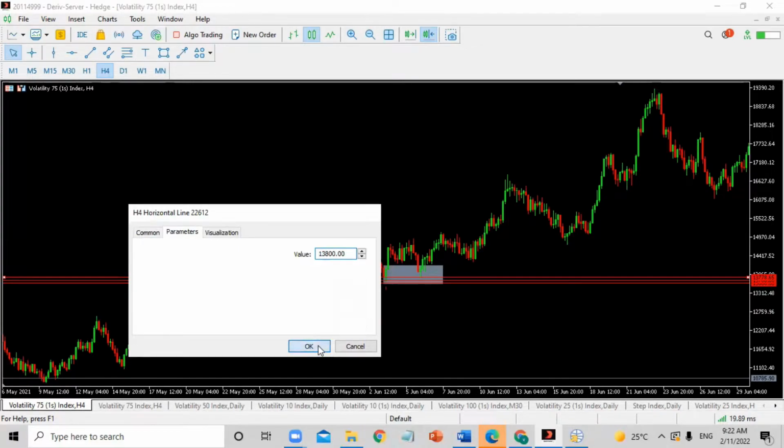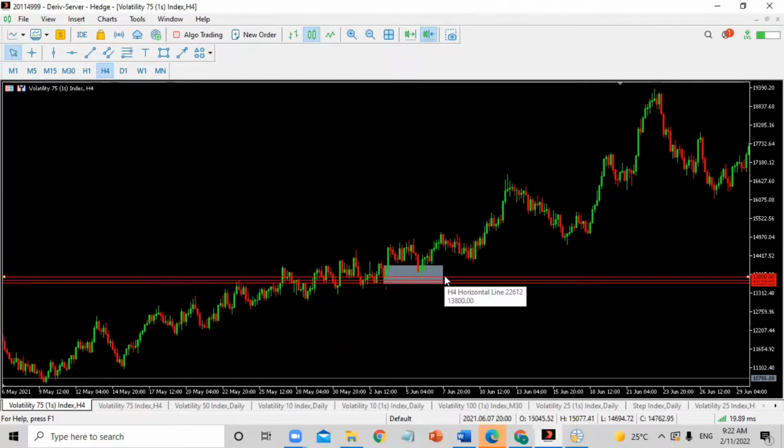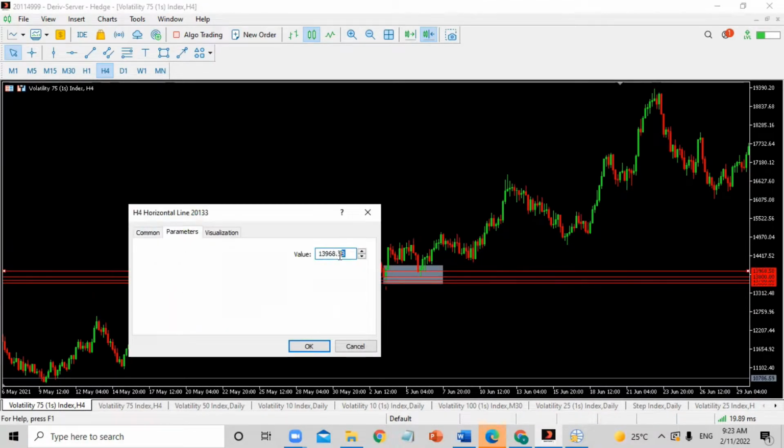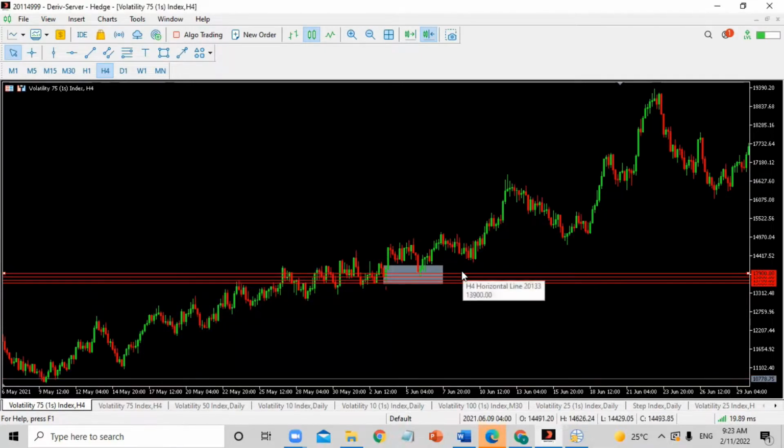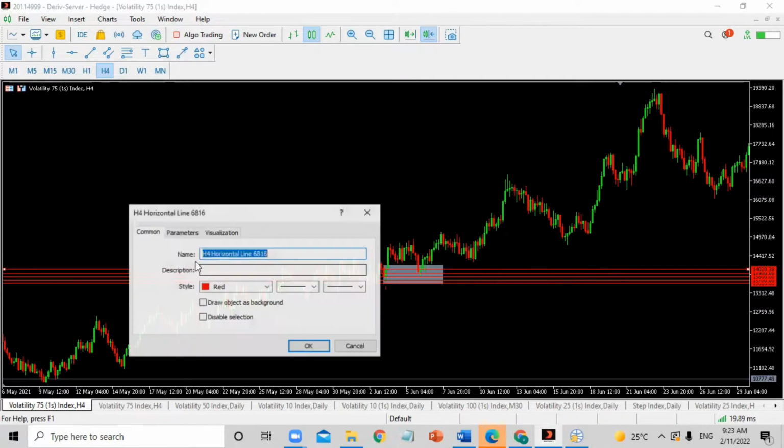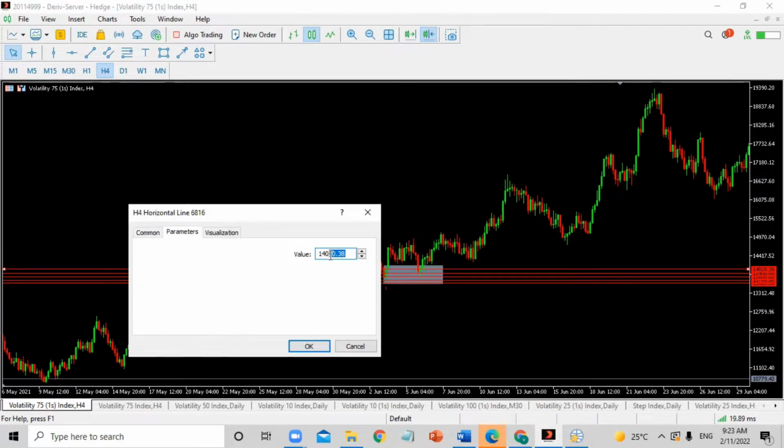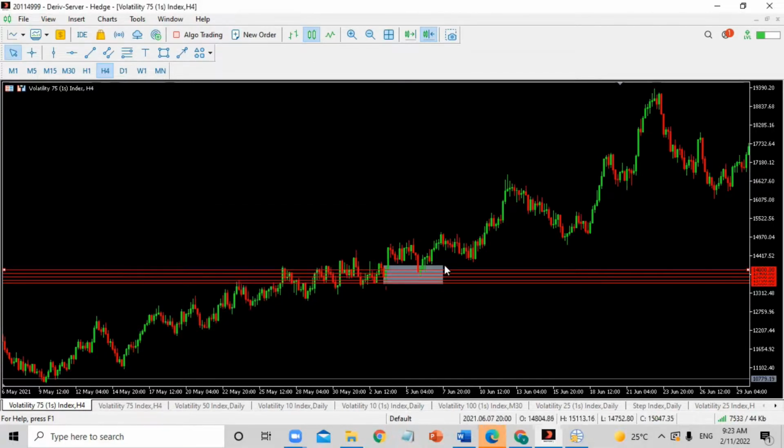Let's try to be a bit more quick. 13,900, and lastly, I would put level 14,000. Now that we have our strike levels and our key point of interest,